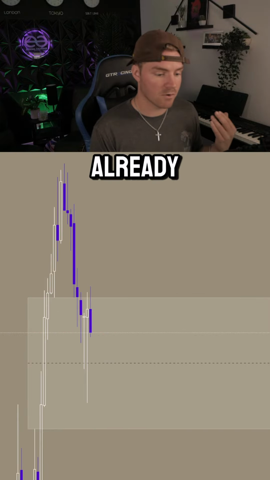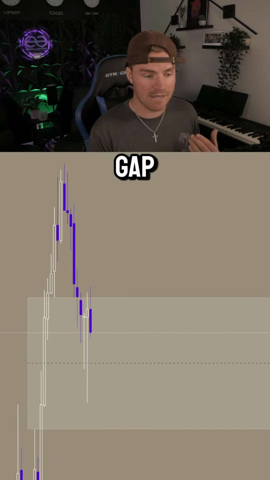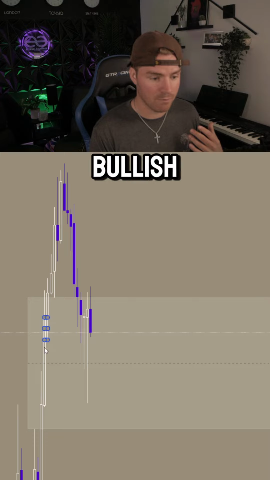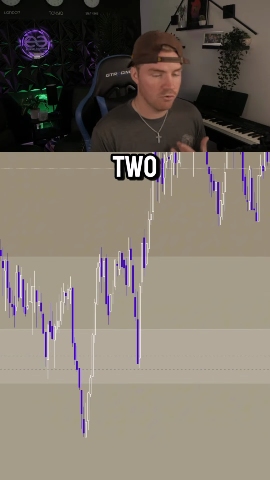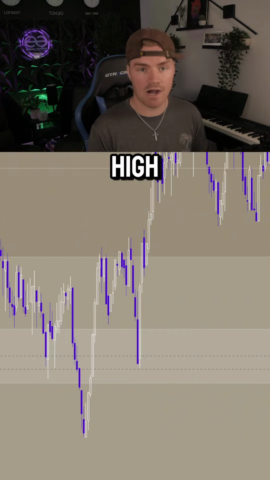So now that price has already rebalanced that hourly fair value gap, I also see we had a 15-minute bullish fair value gap that also got rebalanced. In this example, I'm going to show you two different entries you could take that are super high probability to